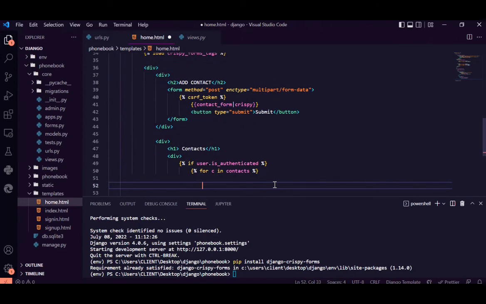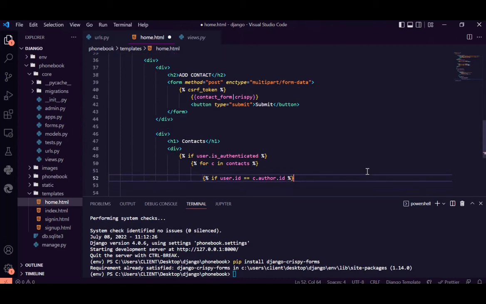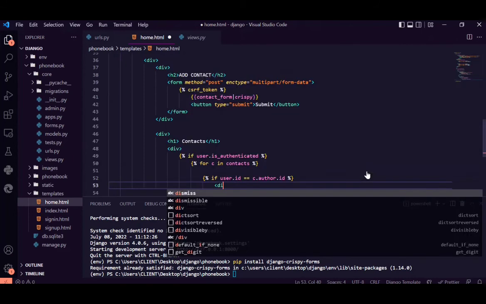Don't forget to indent it, because Python is very strict about its indentation. Alright, so now we're going to check if the user is the author. So if user.id is the current logged in user's ID, is equal to the ID of the author of the individual contact, as it loops through contacts, it will check, okay, what is the ID of the author, and check if the ID matches the user ID. So if it does, you do